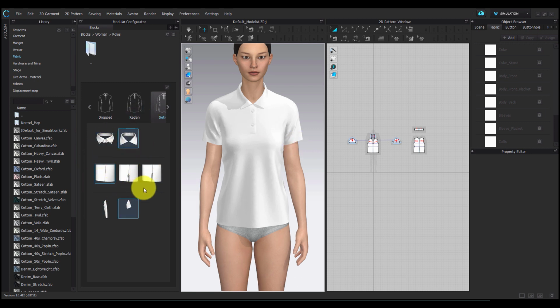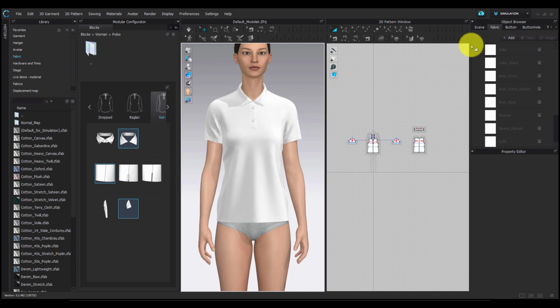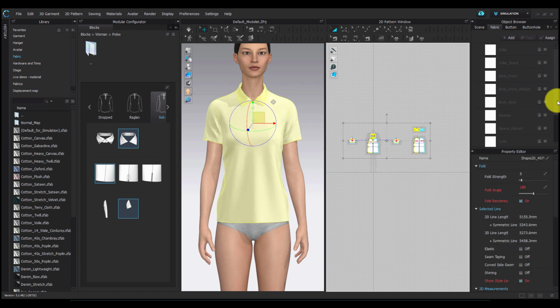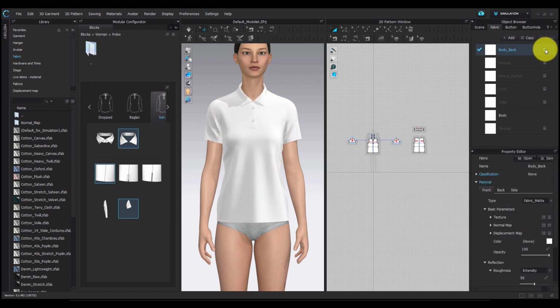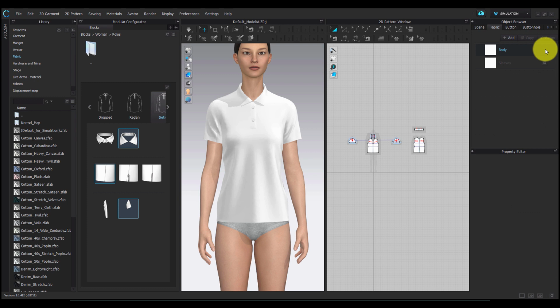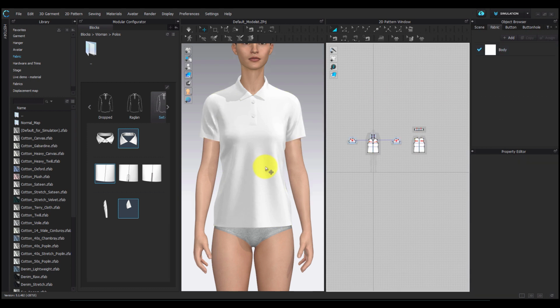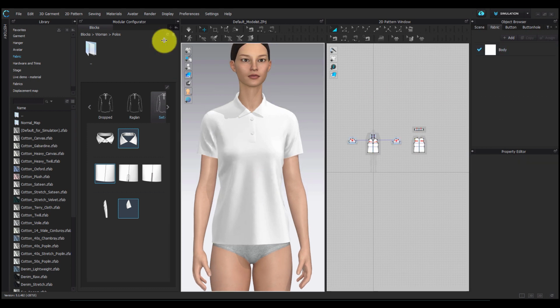Now let's suppose I want to go ahead and customize even the presets and create my own folder of modular templates. It's not only possible, but super easy to do so. So before I move on to modular mode, here as you can see there are many fabrics, and that is because each new garment component you add has its own individual fabric added as a default. So I'm just clearing out the fabrics.